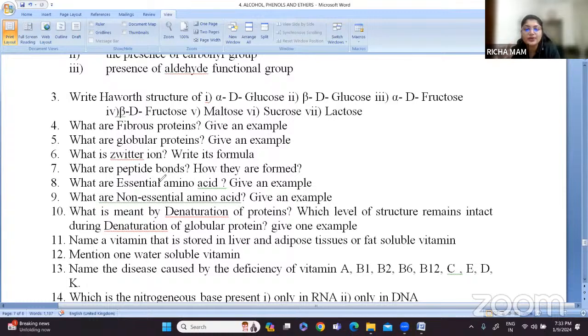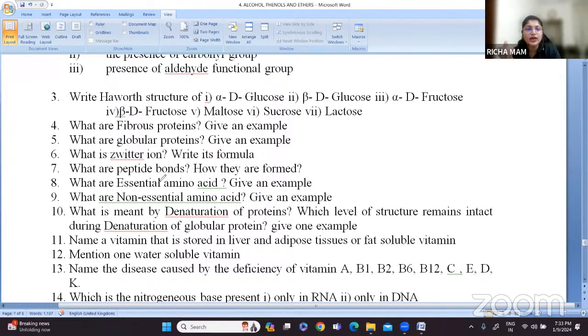Now, which level of structure remains intact during denaturation of globular protein? The primary structure remains intact during the denaturation of globular protein. So what will be the best example? Coagulation of egg albumin on heating. You have seen an egg, right? If you break the egg,